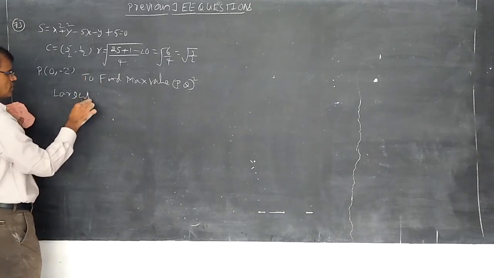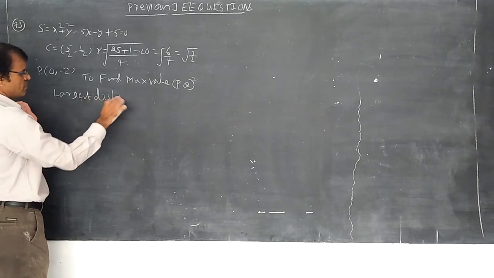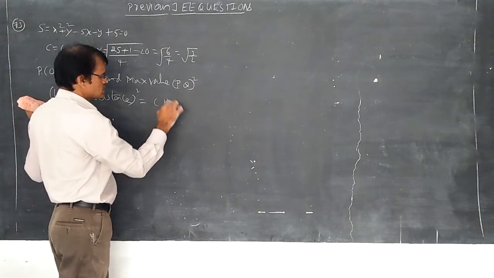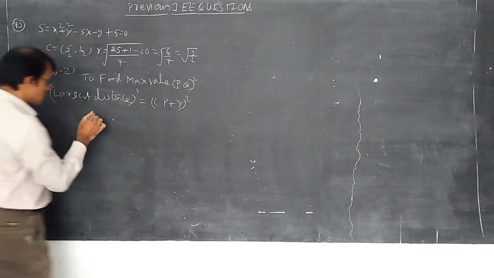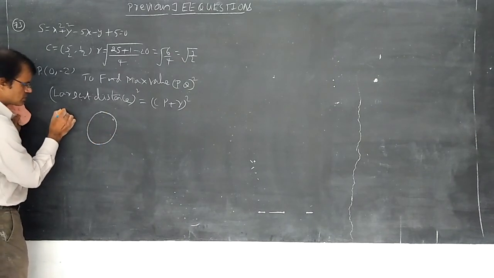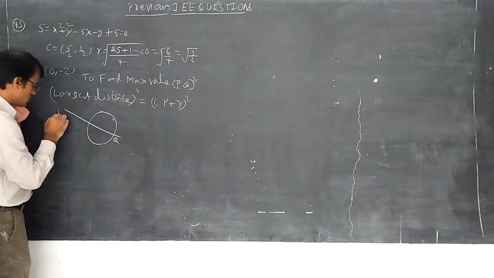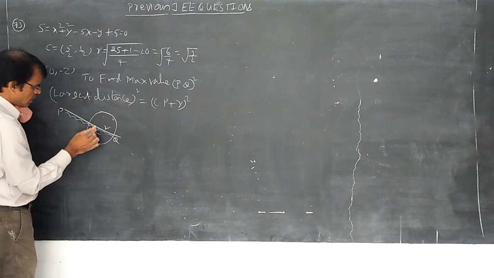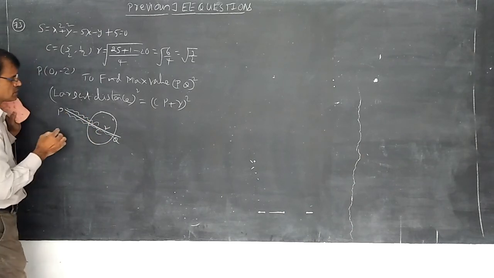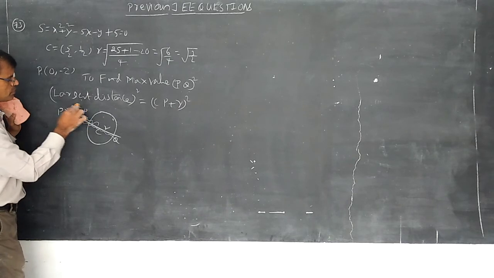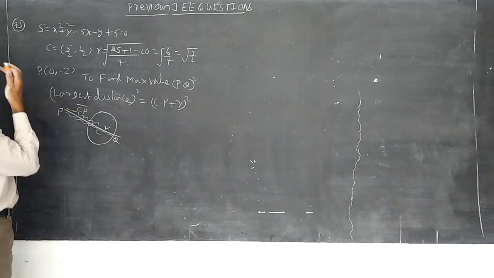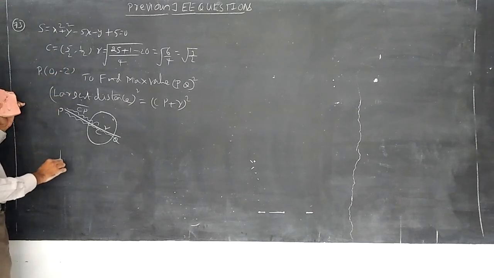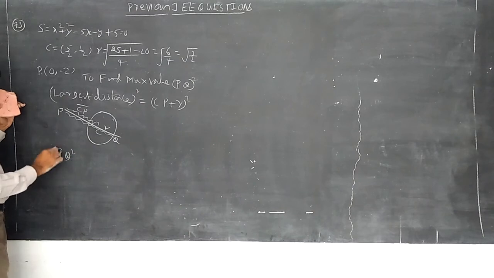Largest distance formula: largest distance whole square, so the largest distance formula is CP plus R, whole square. The diagram is: this is Q and this is P. This is the center. This is the full PQ. So CQ is R and this is simply CP. That's all. This is CP bar. CP plus R whole square you should calculate. What is C? (5/2, 1/2). Now you can write directly CP plus R whole square, or PQ whole square you can write.